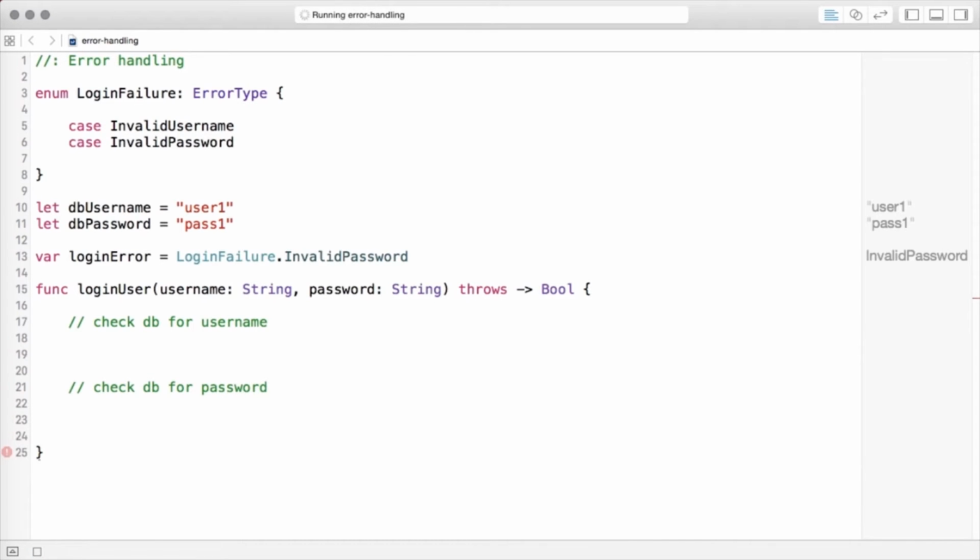Okay? Because we need to make sure that those details match. Okay, so how are we going to check the database for the username? Well, we're going to use a new syntax that's introduced, and it's the guard syntax. And basically, it works similar to the if-let syntax I showed you earlier, but it goes like this: you say guard,